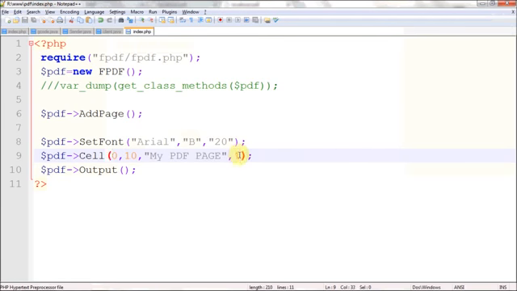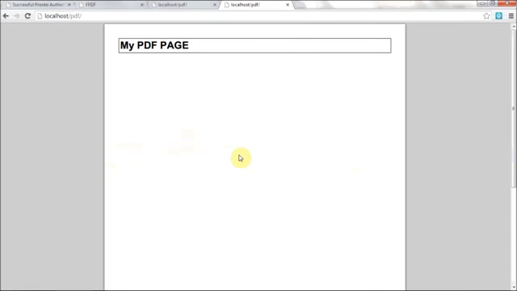And the next parameter, so that's the thing, it's a very tricky part. I will explain it later, just stick to one now, and I will explain it later in a second, don't worry. And the next parameter is alignment. Alignment may be center, right, left, something like that. I'm going to align it as center by specifying C, and it will align to center now. So here we go. So we have a page title here, PDF page,